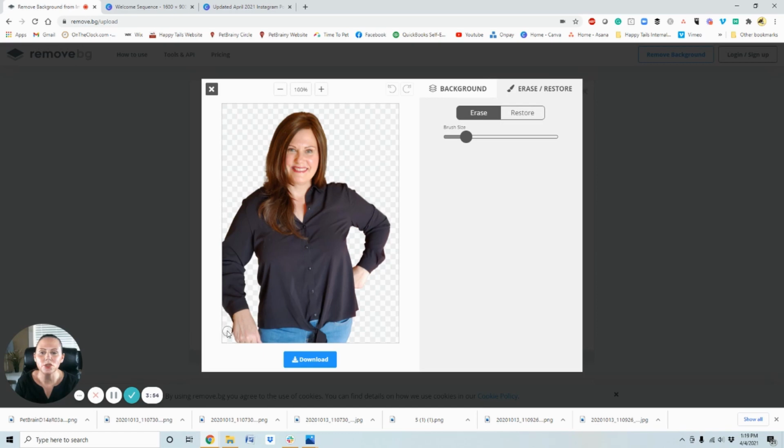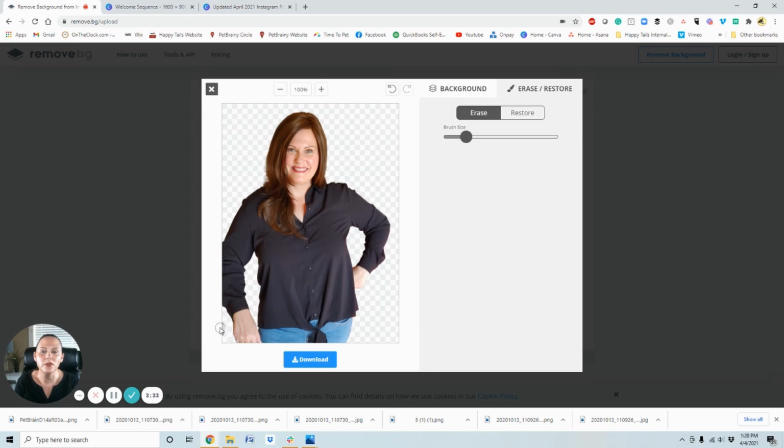But say I didn't do a good job and I wanted to restore what I did. If I click on restore, I can go ahead and bring it back by just restoring it like this. So that's pretty cool. You can just erase it or restore it. So there's all kinds of functions there.